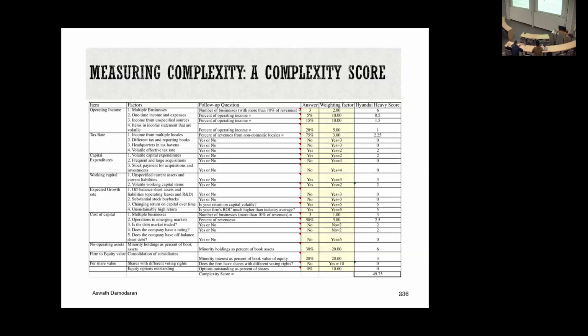And I'll give you things that were interesting that came out of those complexity scores. There was zero correlation between company size and complexity. My priors were big companies would be complex, small companies not so. Not the case. There were small companies that were incredibly complex, and much of the complexity was by design. It wasn't accidental. Second, they found that emerging market companies were more complex than developed market companies, primarily because of cross-holdings, not because of accounting structures.